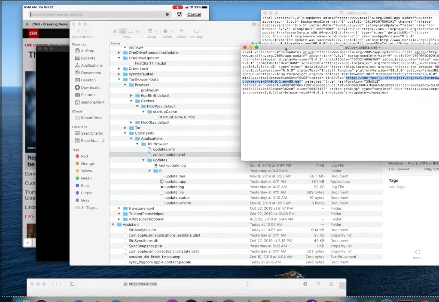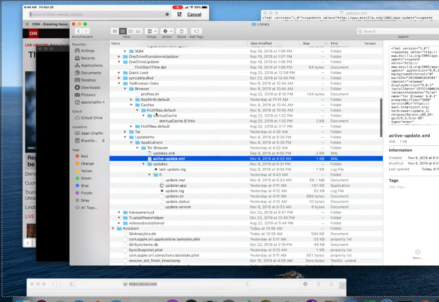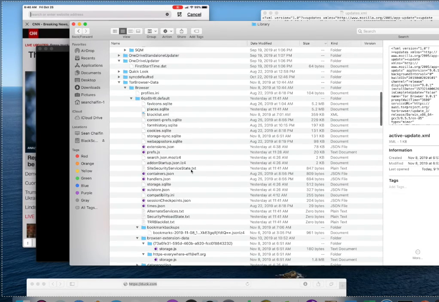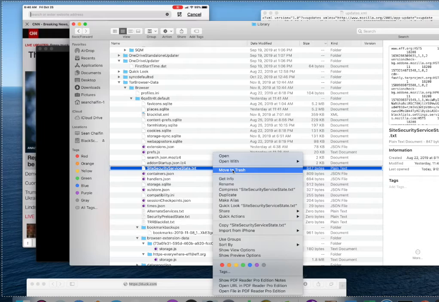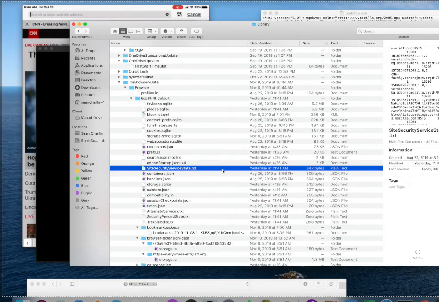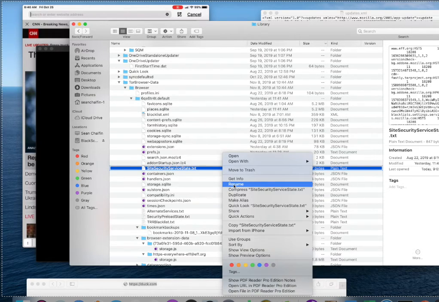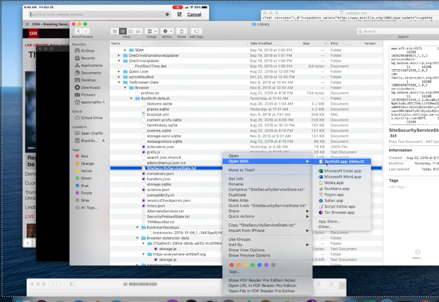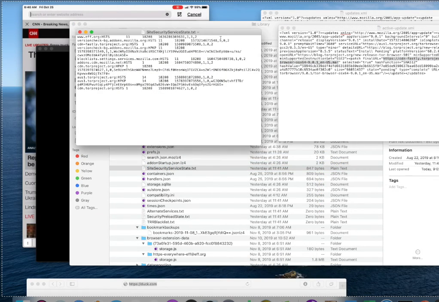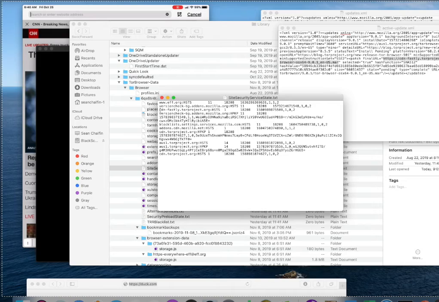for now. And I want to come over here to this file, site security state. And this was updated yesterday at 11:41. We're going to do a text edit on that. And we're going to see FASTLY has an HSTS connection.